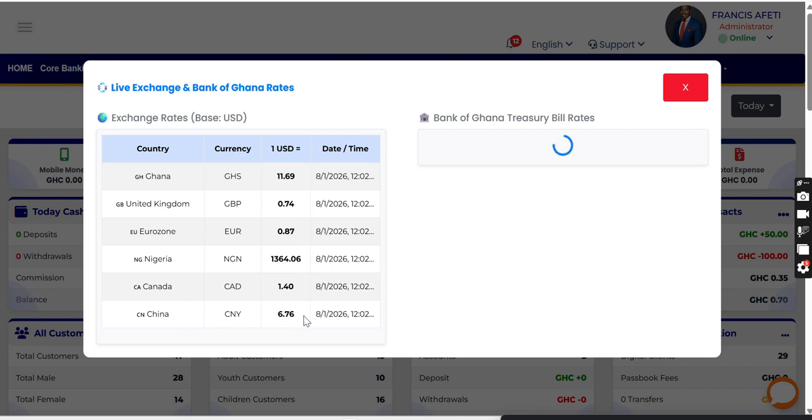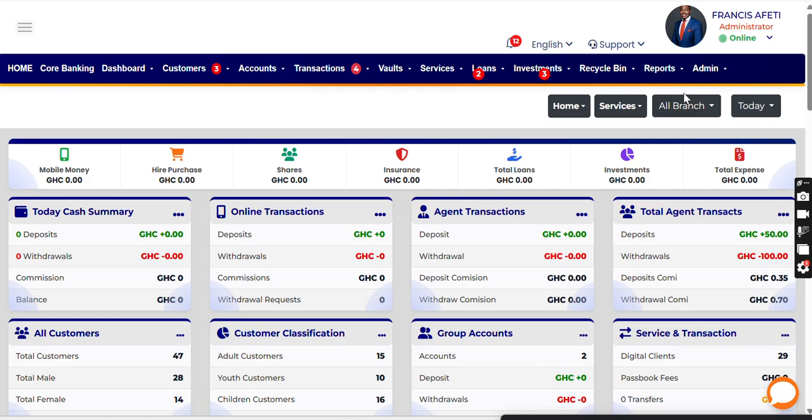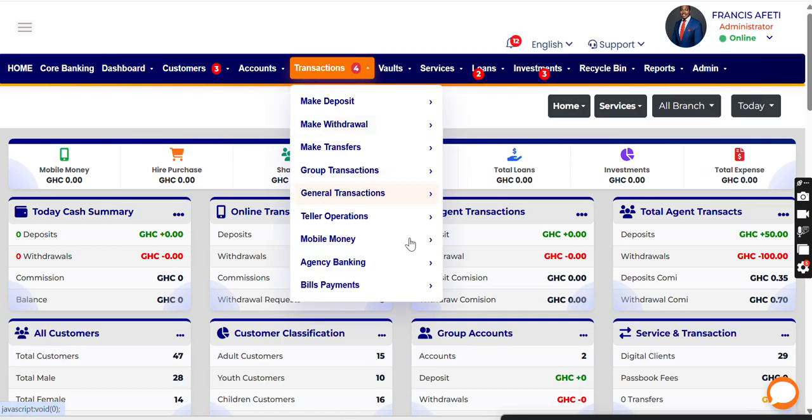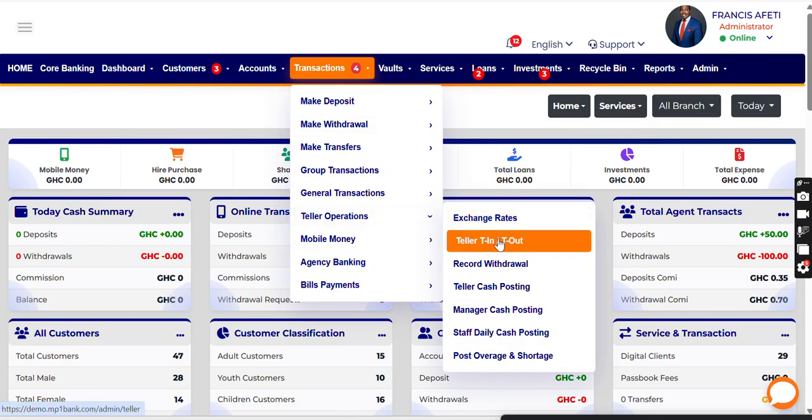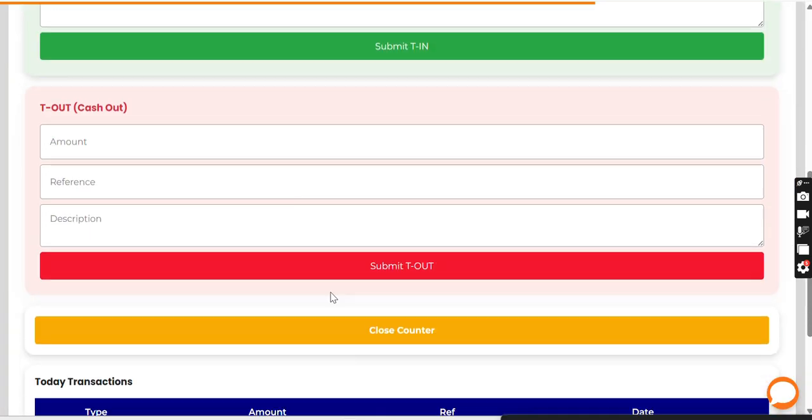Then the Chinese yen is 6.76 to 1 Ghana cedi, and it is trying to load the current Bank of Ghana treasury bill rate also for the teller. This loads the live treasury bill for the teller to see the current treasury bill in Bank of Ghana. Under the teller operation, we have the T in, T out. Now the T in, T out stands for